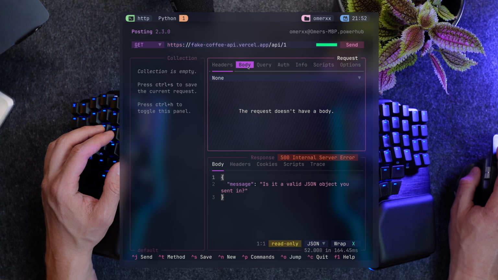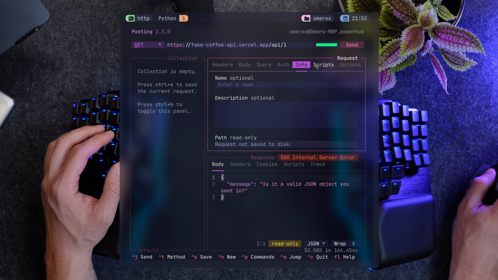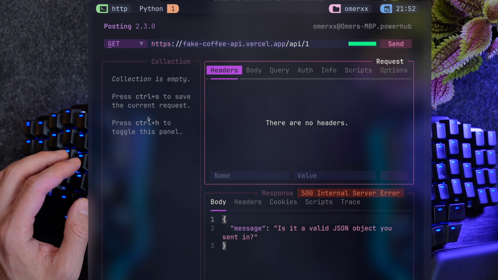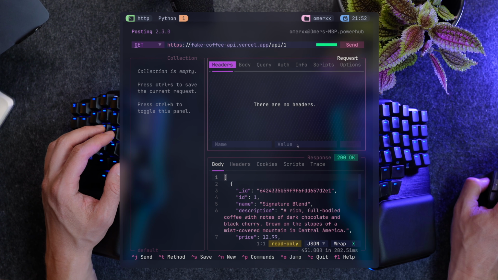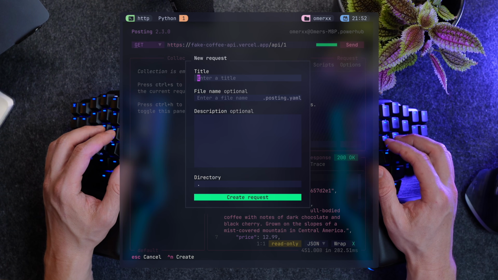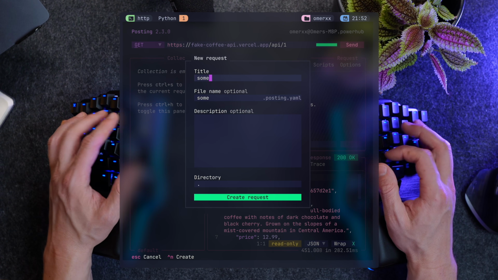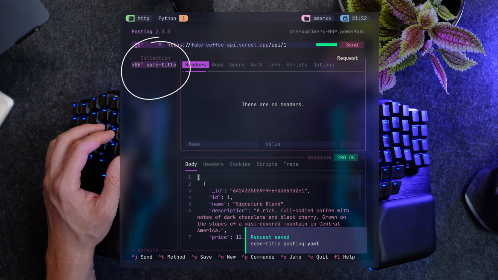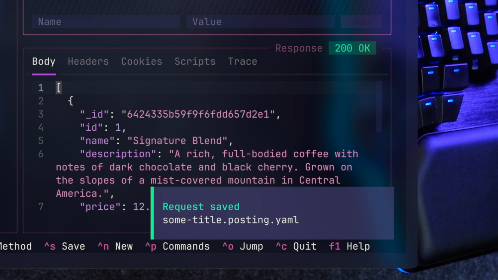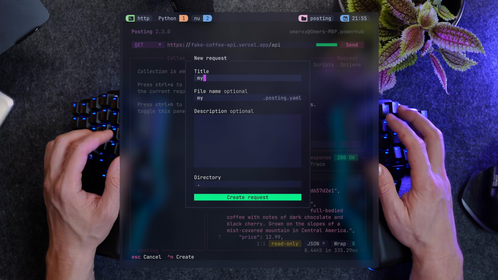Now let's move over to the real power, since we're not here to play with the mouse. Collections is a well-known concept from Postman, Httpie desktop, and the rest, pun not intended. Ctrl-S will save the current request into a collection that you can come back to later. Once saved, there's a saved request under the collection pane to the left. There's also a notification showing the saved request file, so let's explore that for a moment.